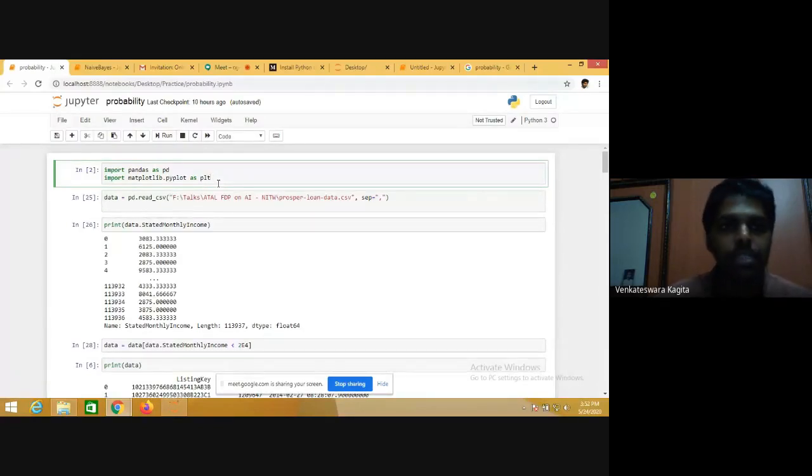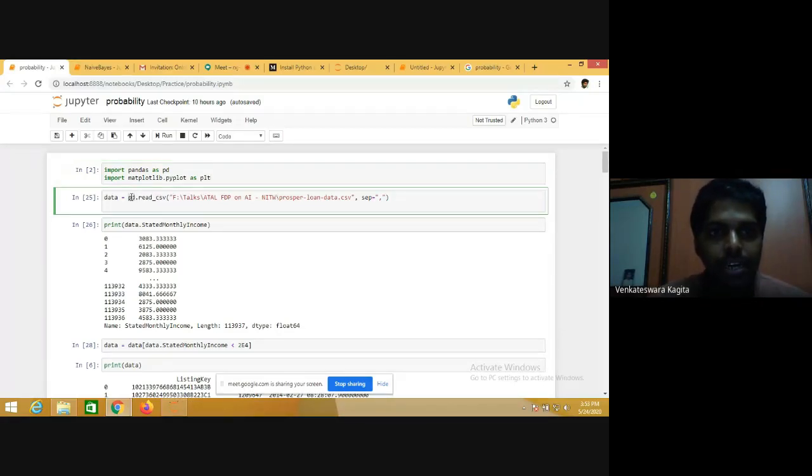Matplotlib.py. So these are the libraries that I have imported. We will also import the NumPy library, which is also for handling the data. The pandas library has a method called read_csv that reads CSV files. You can give a separator; in my case, the separator is a comma. It loads all this data, which is in the CSV file or .xl file, into this data object. So in data, I have the data which is loaded from this CSV file.